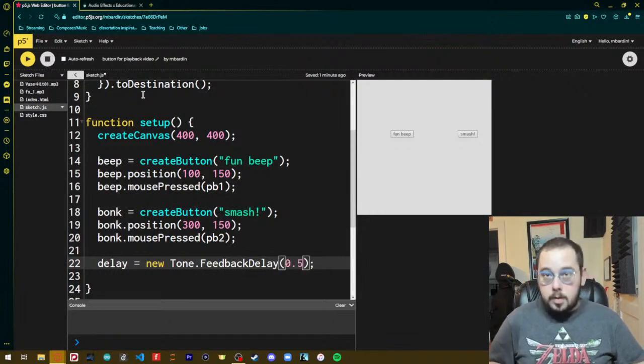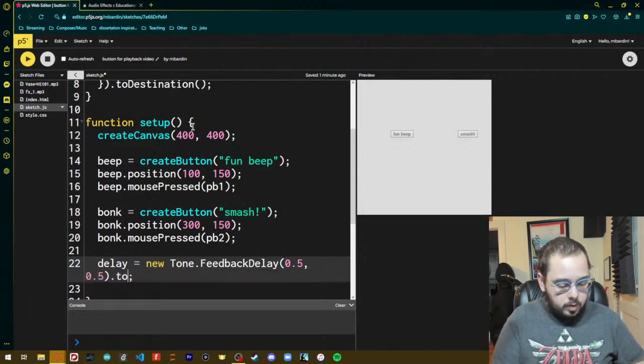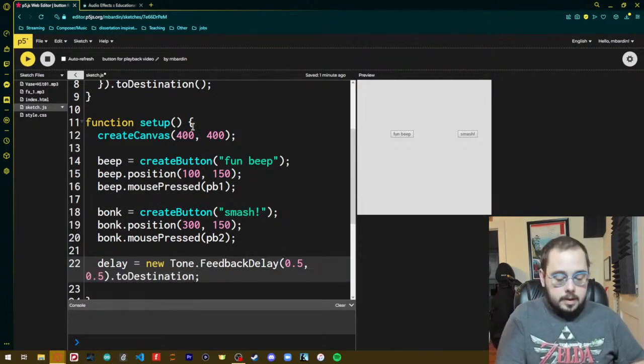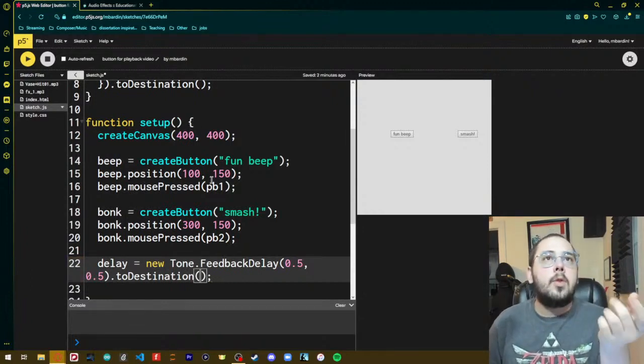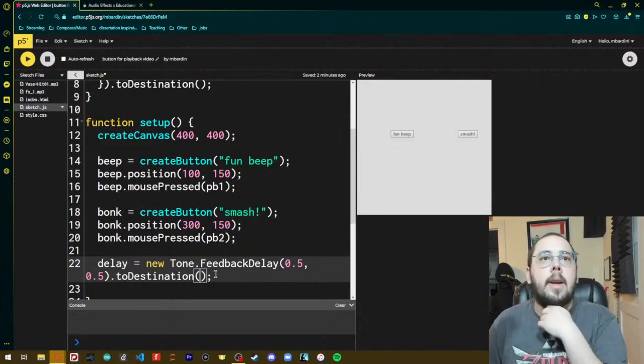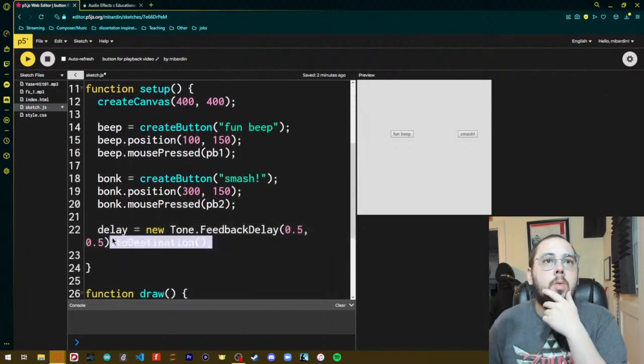I'll say 0.5, comma 0.5. And I'm going to move this to the speakers dot to destination. So the thing with audio is that you have to connect things all up in the right order. And in fact, this may actually give me some issues. So what I'm going to do is